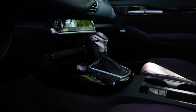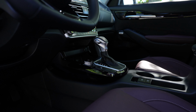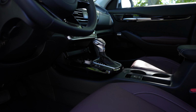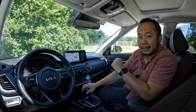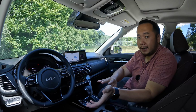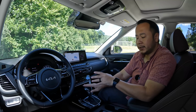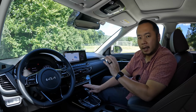Connected to the engine is a 7-speed dual clutch transmission. This works just fine and shifts quicker than most automatic transmissions that you'll find today. I personally have the older version of this engine and transmission combination in a 2017 Hyundai Tucson, and this feels a lot more refined than that one. I will say that in low speed situations, I still feel some hesitation, and it feels a bit worse when